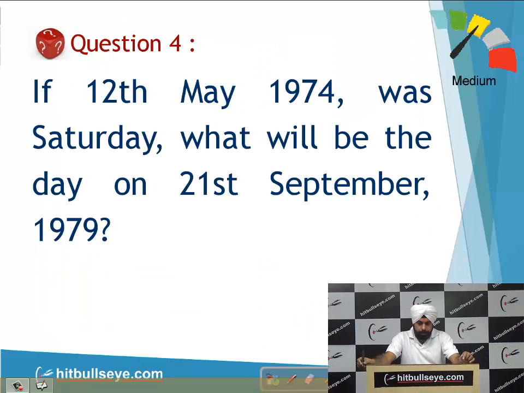Now let's solve this question students. Now there could be two methods here in this case. One, you can assume here, which might be an error on your part, that 12th May 1974 was actually a Saturday. But mind it, the examiner's calendar may not be the right calendar. He may be following 2 days later or 2 days in advance as compared to the actual calendar.